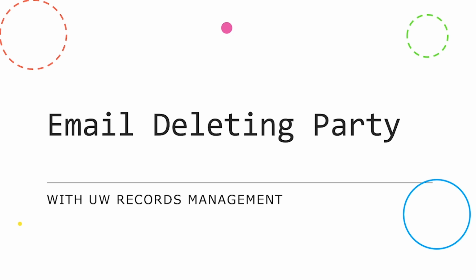Today, we're going to go through specific types of emails that you can delete. We're going to demonstrate how to find them, we're going to delete them in real time, and then we're going to give you time to delete along with us. So go ahead and open your email platform to get ready to do some live deleting. Yes, we'll provide the directions separately, but I'll demonstrate, so that'll be good to see.